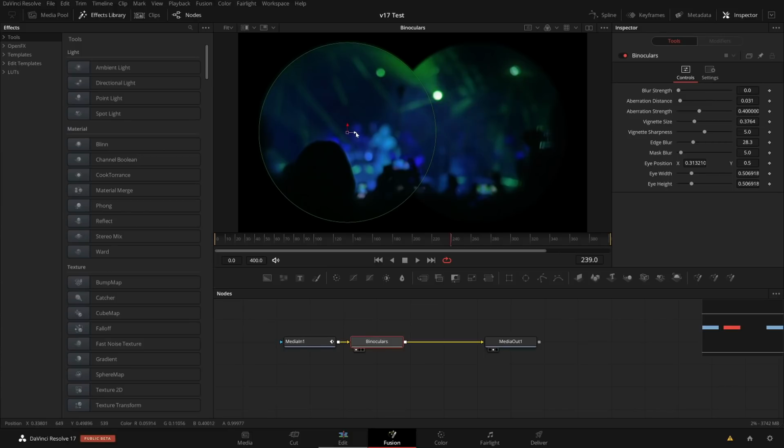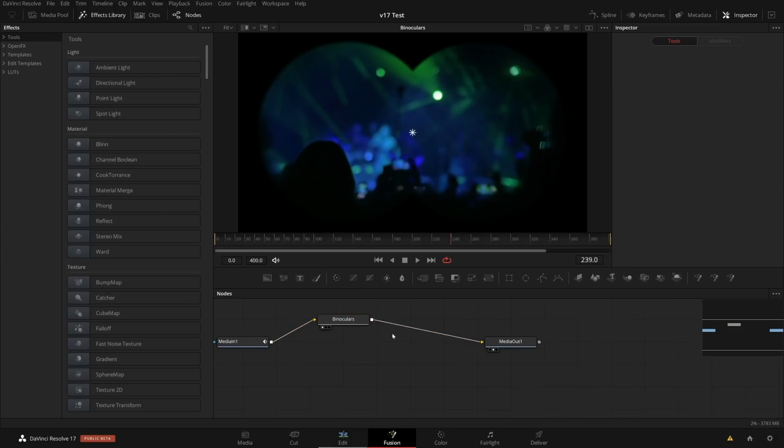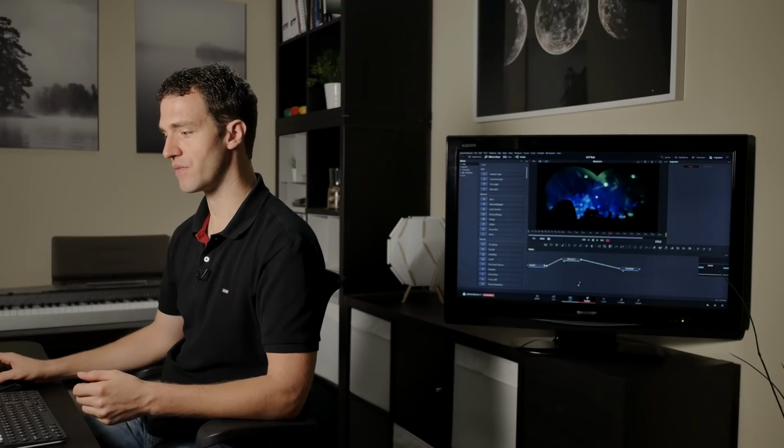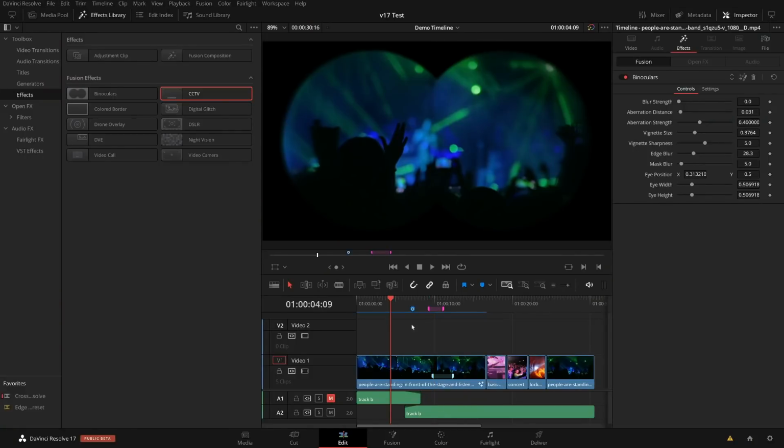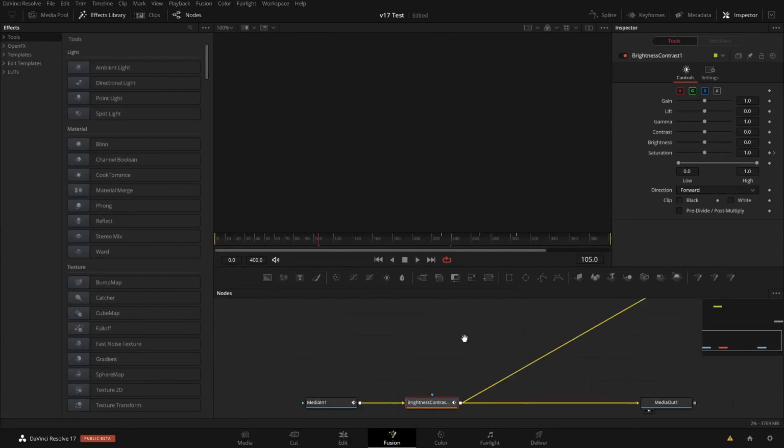You do have here the edit controls. However, for reasons which are beyond me, I can't change anything here now. And I assume that this is a bug with the beta version, because quite frankly, this doesn't make any sense, that I cannot do anything here. So I think that's a bug. I hope that's being fixed. But in the meantime, I can manage these effects the same way I can manage any macros in Fusion. Let me go back to the edit, and let me delete this again, and I will just go to Fusion on the clip or on any Fusion composition anywhere where I can actually work.